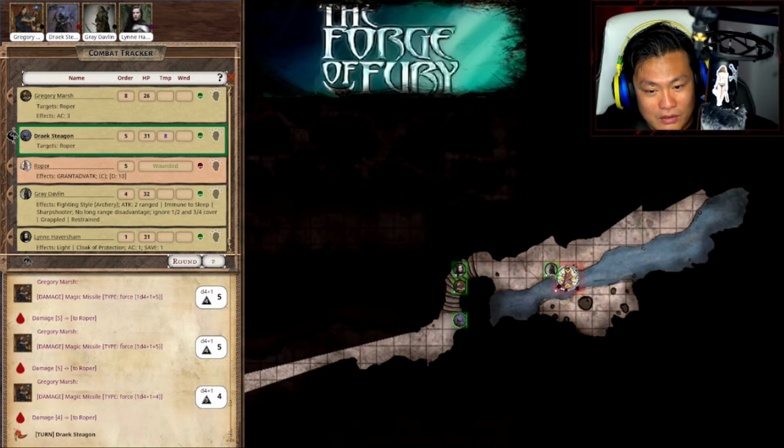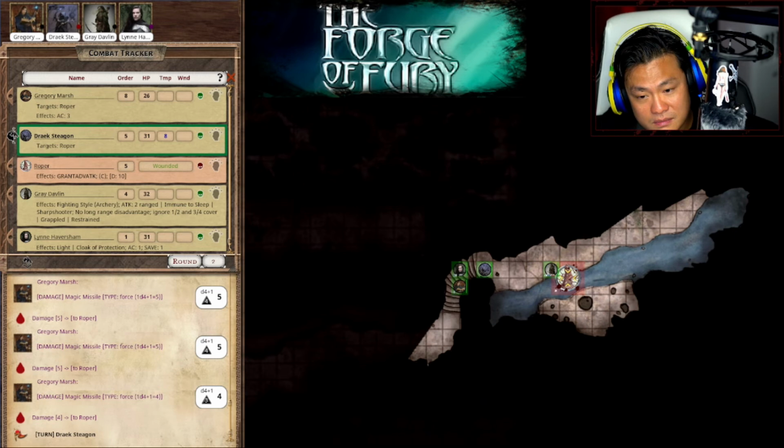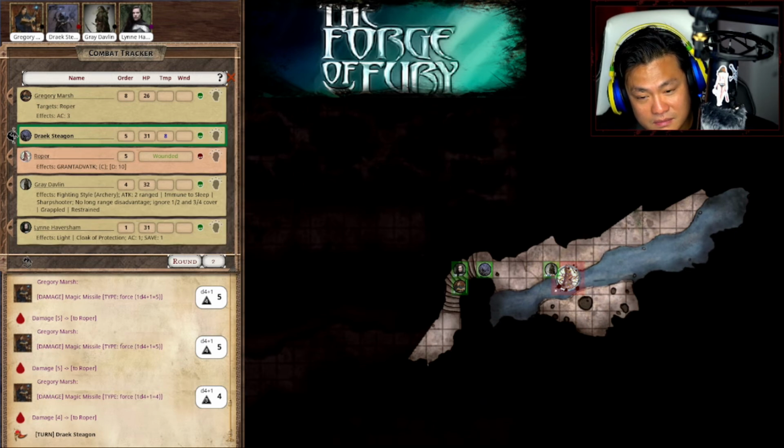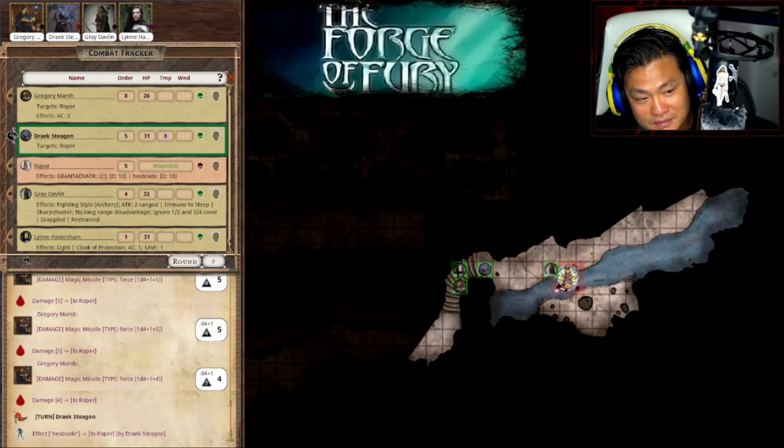All right, we are down the initiative list to Drake. Yeah, I'm gonna make my way through here. I've used basically 20 feet of my movement at this point. And I'm gonna make my way into the room, and I'm going to Hexblade's Curse the Roper with my bonus action. Oh, did that not go through? Oh, nope, he is Hexblade cursed. Okay, good. And then I will go ahead and...